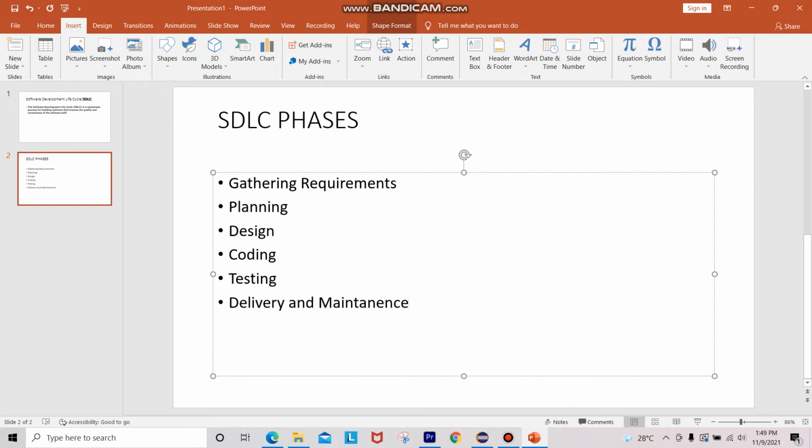So here are the 6 phases we have in the software development lifecycle.